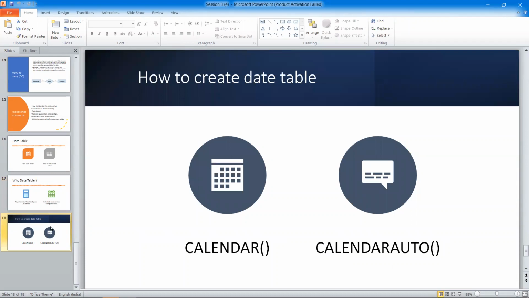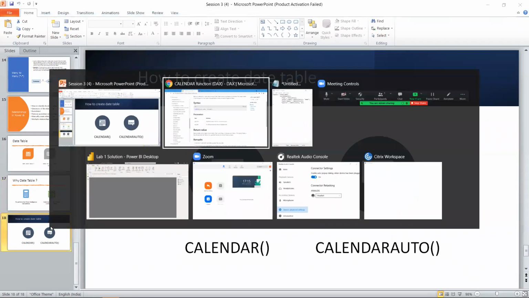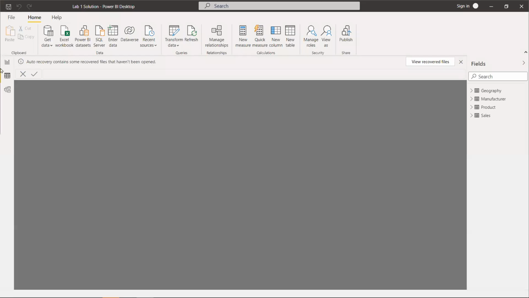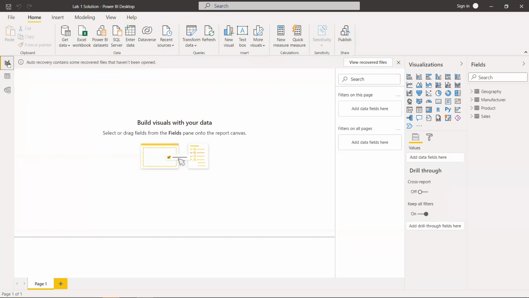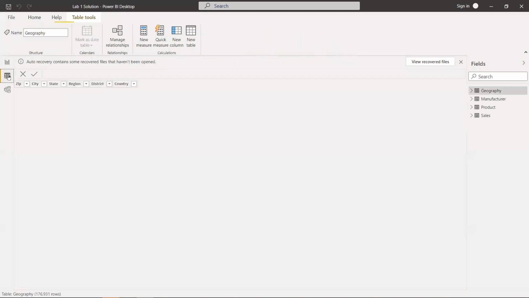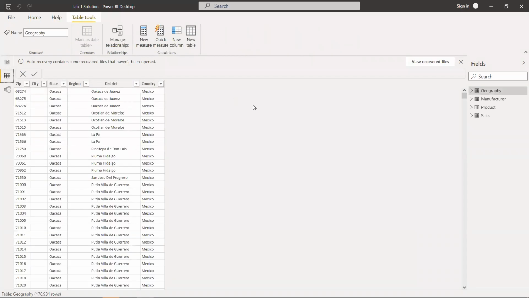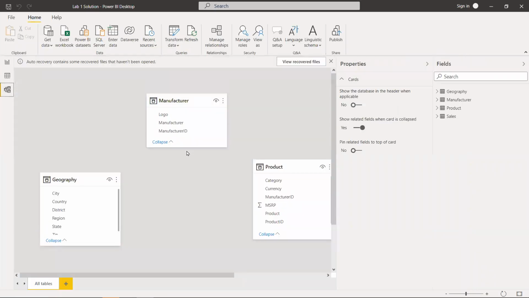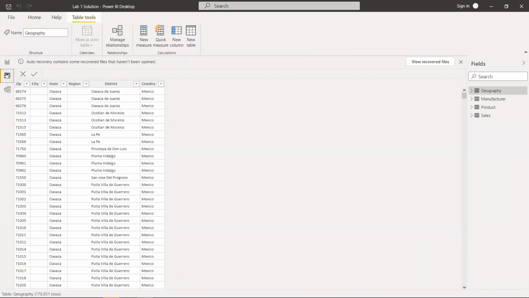Now the main part: how do we create a date table in our data model? Here's a Power BI sheet. Here's the visualization panel. It's empty, we haven't created any visuals for now. Then we have the data panel. Over here we have all our tables that are already part of our data model, and then there is the model tab, which shows how our tables are connected. This sheet has already been shared in a group, and you could probably use it for reference for this session and for our upcoming session as well.